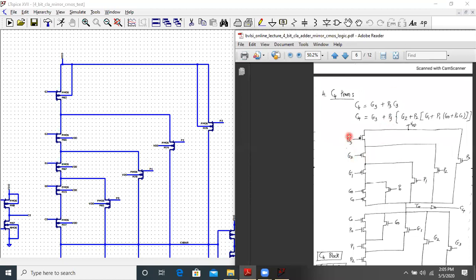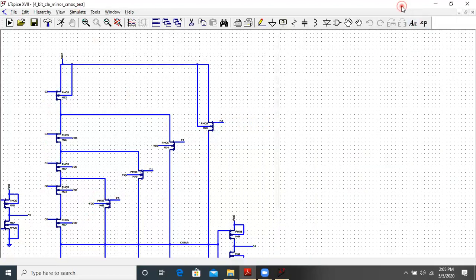The pull up network left hand side contains G3, G2, G1, G0, C0. Here also we have C0, G0, G1, G2 and G3. And on the other side we have P0, P1, P2, P3. Here also we have P0, P1, P2, P3. So indeed this is also correct.